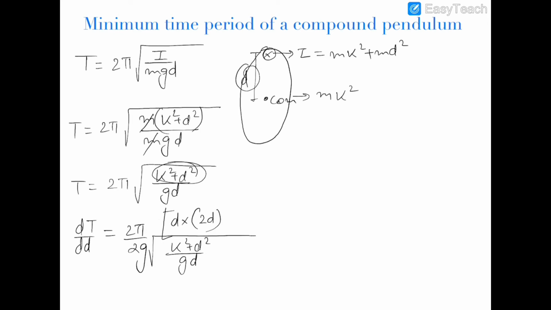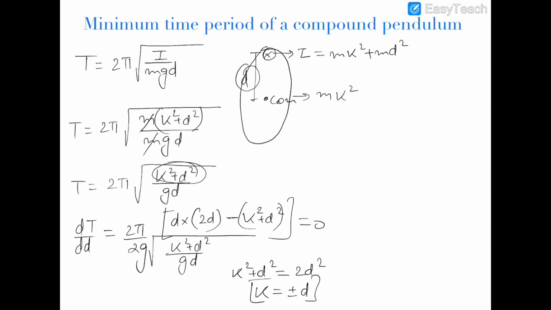I am differentiating it with the help of the differentiation of u upon v technique, minus this is k square plus d square into the differentiation of d, which will be 1, and that is equal to 0. So you can see that k square plus d square is equal to 2d square, and k will be equal to plus minus d, which means that to get the minimum time period out of this compound pendulum, we must hinge this body